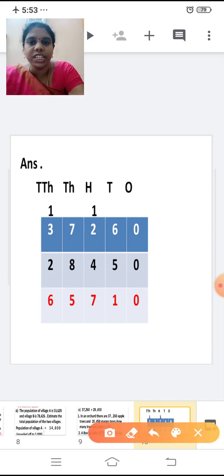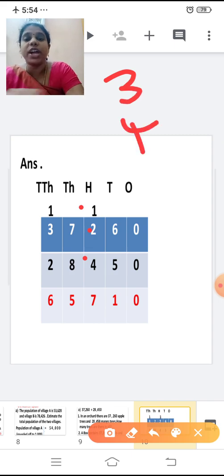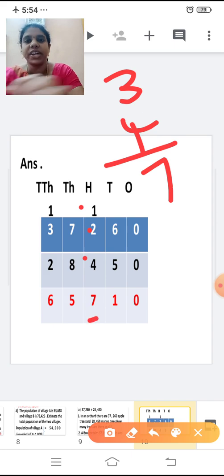Now add the hundreds place. 1 plus 2, 2 plus 1, 3. 3 plus 4. After 3 I'm going to add 4 numbers. 3 in the mind, 4 in the fingers. 4, 5, 6, 7. It's a single digit number, so write the number directly.